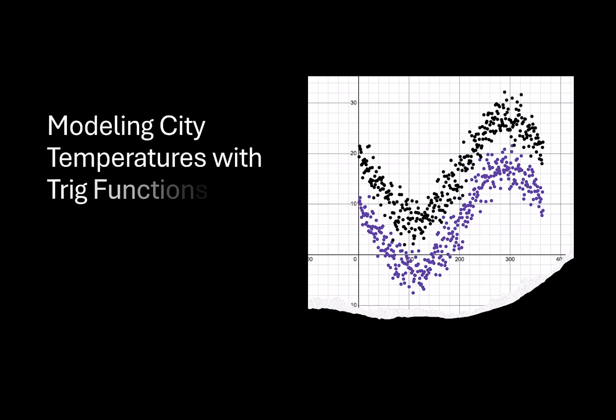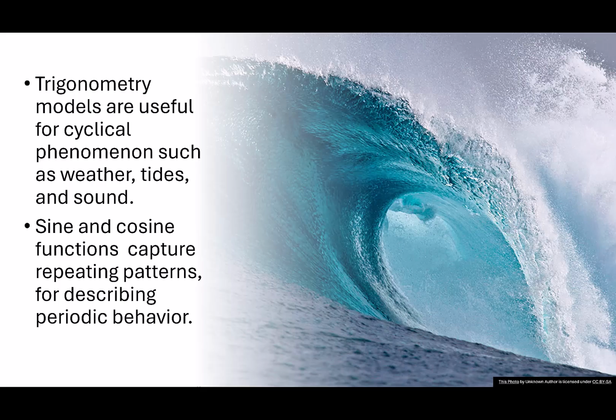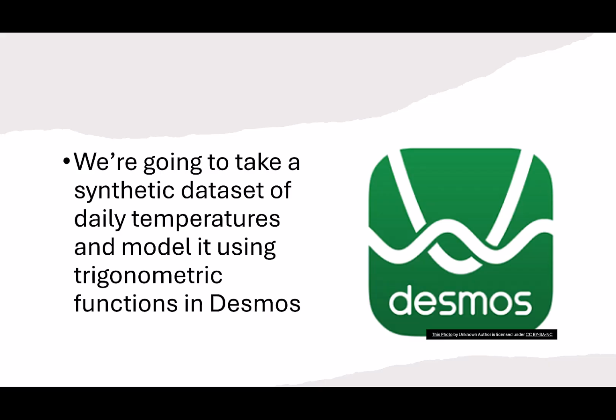Hi everybody, today we're going to take a look at modeling temperatures with trig functions in Desmos. Trigonometry models are useful for cyclical phenomena, things like weather, tides, and sound. Sine and cosine functions can help us capture repeating patterns for describing the periodic behavior. We're going to use a synthetic dataset of daily temperatures, both the minimum and the maximum, and model those temperatures